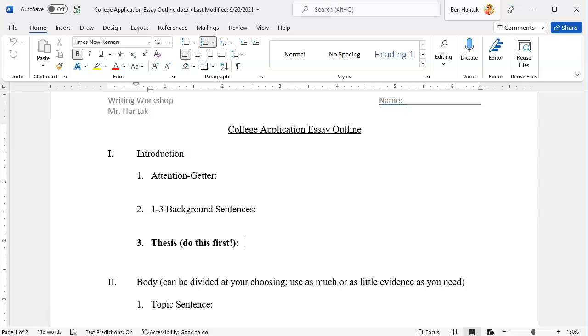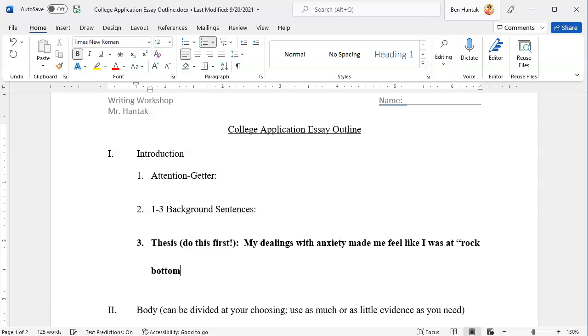Let me spitball one real quick. I don't know if this is going to be accurate for Secret's situation or not, but just an example of how we might write a thesis. Let's see. So recount a time when I faced a challenge, setback, or failure. I could say something like my dealings with anxiety made me feel like I was at, I'm just going to say, "rock bottom." I'll put that in quotation marks because it's kind of a slang term. Maybe there's a comma right here I could use. My dealings with anxiety made me feel like I was at rock bottom, but